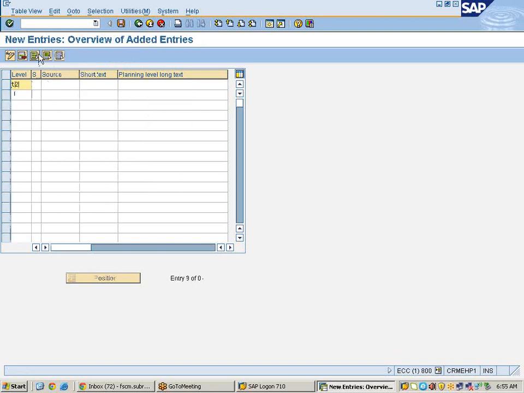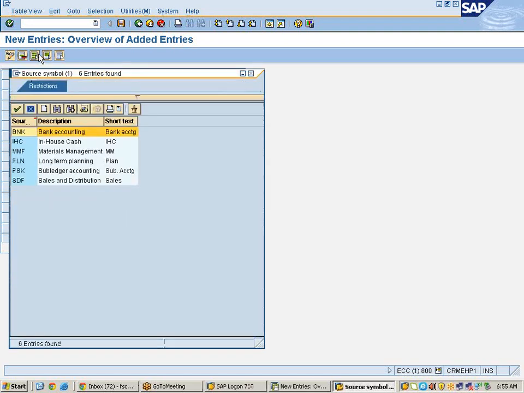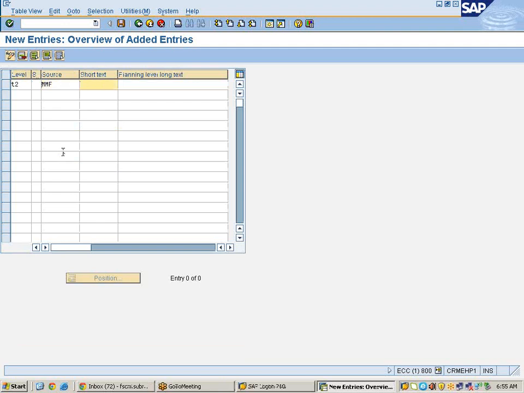Let us say T2. Don't enter source symbol because both are there. So enter the source symbol. This is, let us say, material management, vendor.